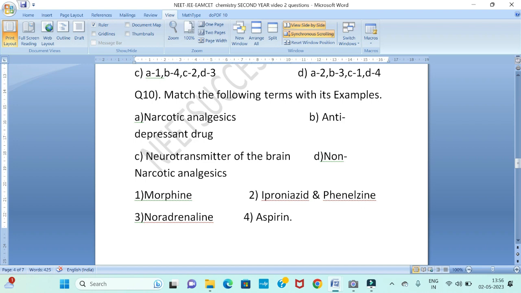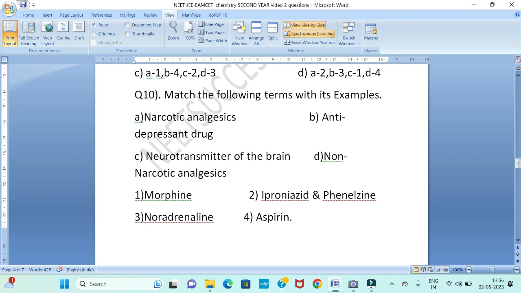Nowadays students are using narcotic drugs, which is very dangerous to health. They will die in future if they use so many narcotic drugs. So, narcotic analgesics, morphine. You have to not use them. That is fine. You have to change. Otherwise you will die if you use narcotic analgesics.